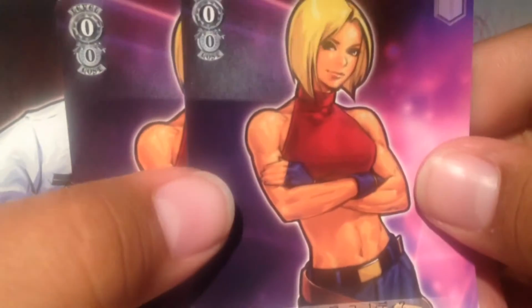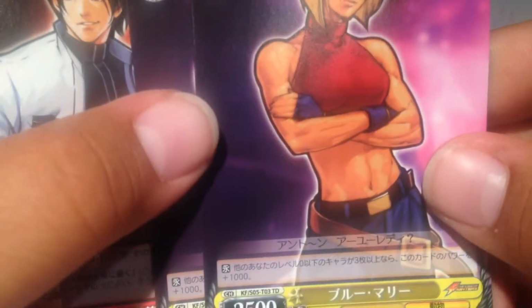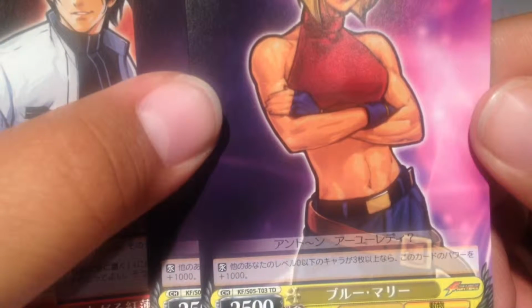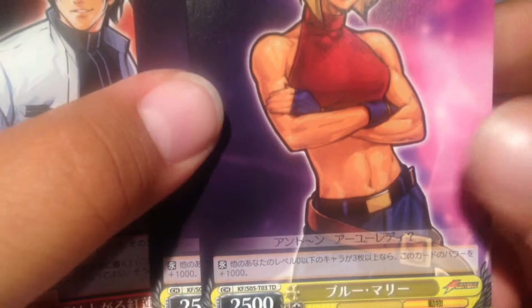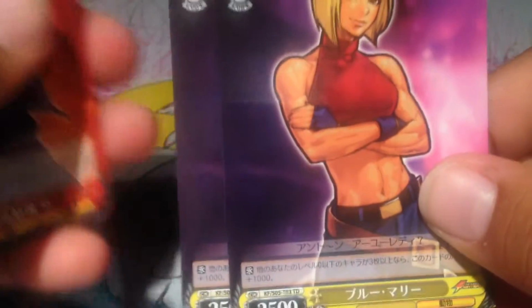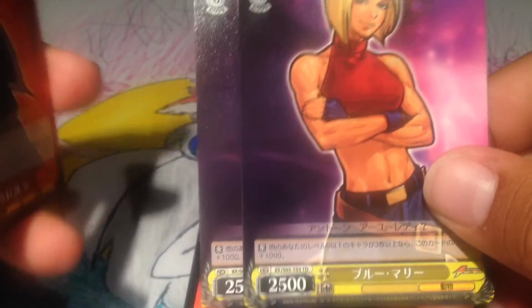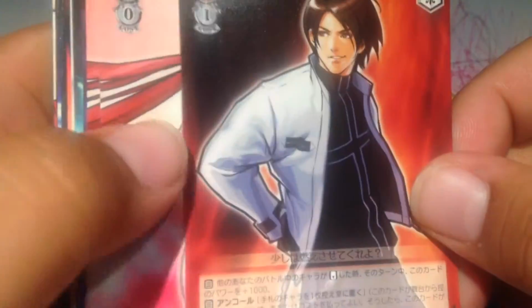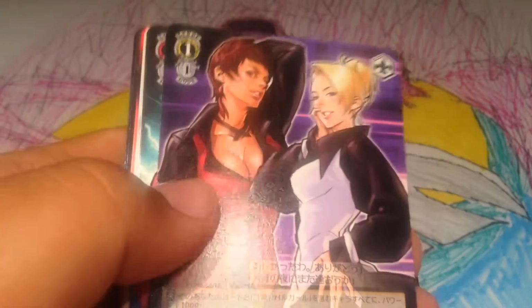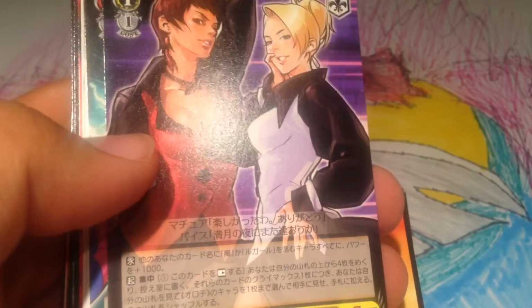Got some Blue Marys here for the 0 game, and if there's 3, I believe, or more level 0s, I can't exactly remember which number. Yeah, 3, then it gets plus 1k. So hopefully it comes out as a 35 hitter. Another Red Lotus Kyo, 2 more of the Shermie Vanillas,